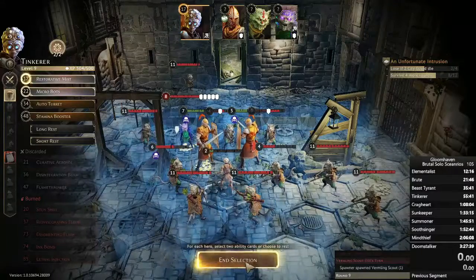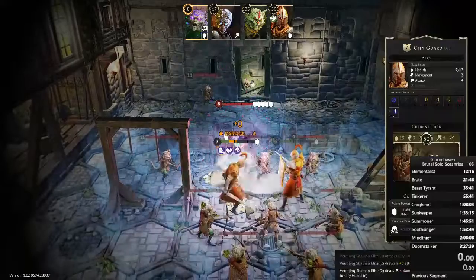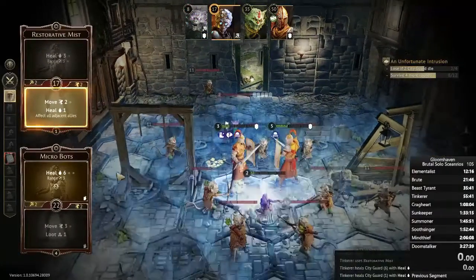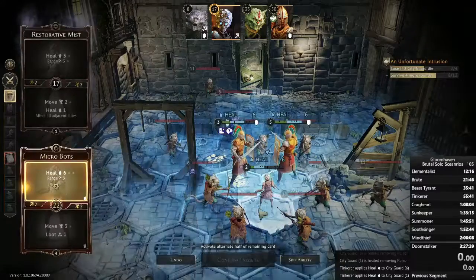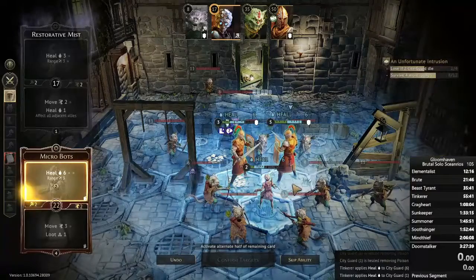Let's try Restorative Mist Microbots and just see if they're going to be kind. Okay, yeah, they're kind. He could be even kinder and just walk into that trap, but I guess that's not going to happen. I feel like I really need to heal on me. I'm losing a card here, so...